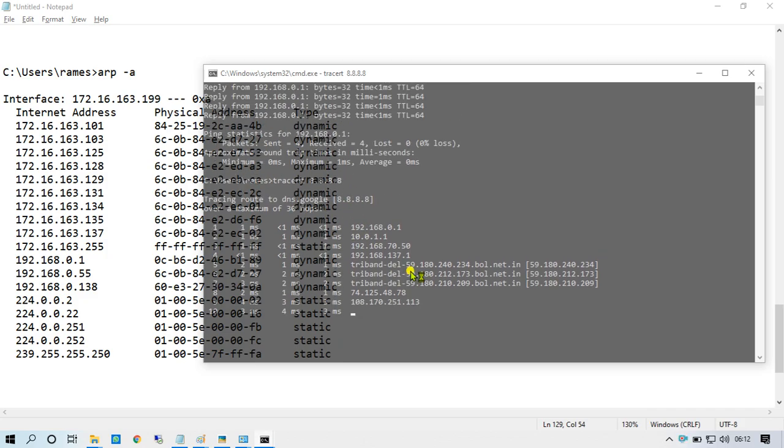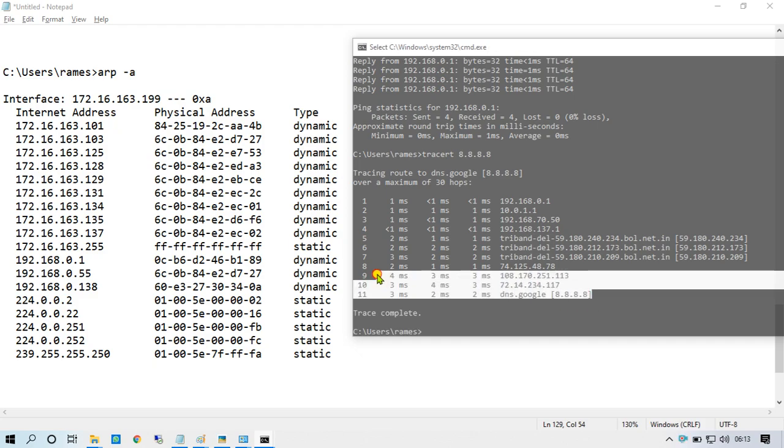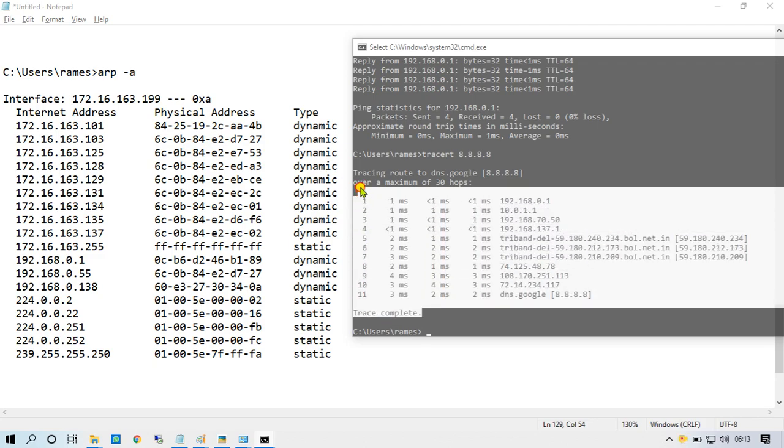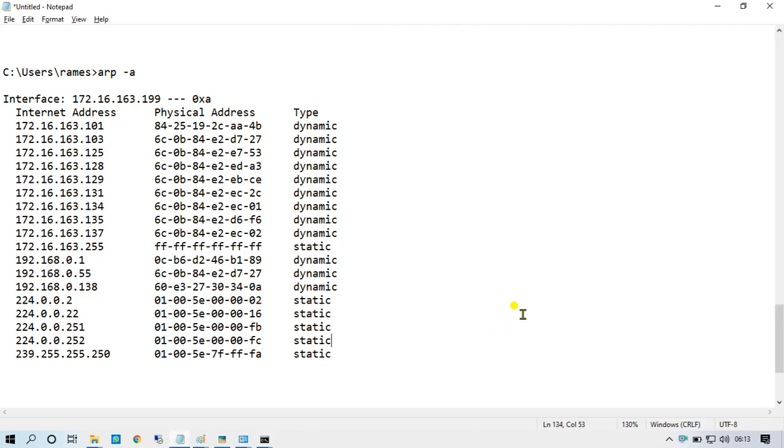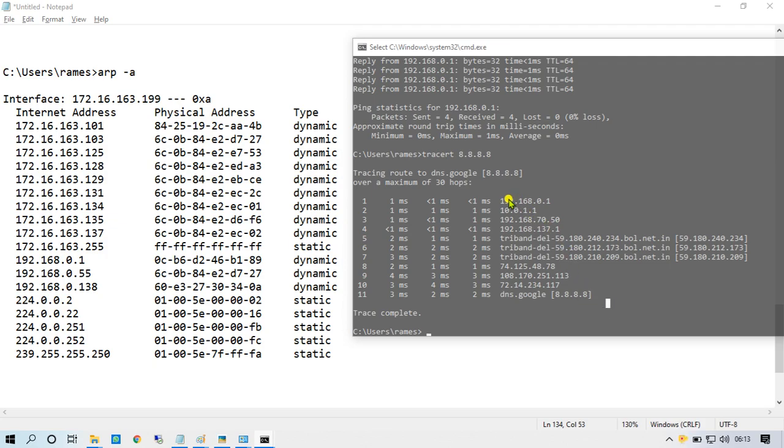Now I am going to hit the DNS of Google using the tracert command in Windows CMD. After that, just wait a second, it will be complete. Let me pause the video for that time. Now check, the trace is completed. We are able to communicate with 8.8.8.8, but what is the route? First I generated a request for my own network. After that it goes to another network, and it is sent again to the next level network.